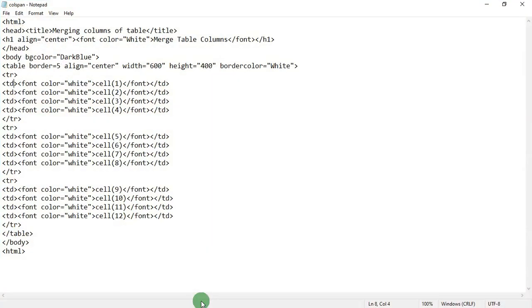This is my notepad file where I have used the table tag to create my table. Now inside the table tag I have used this TD for creating a cell, or you can say column. I am going to use the colspan attribute to merge the cells. Because here I am merging two cells, there is a need to delete one TD. So I am removing this one TD, or cell number 2. Now just save your file and check the output.